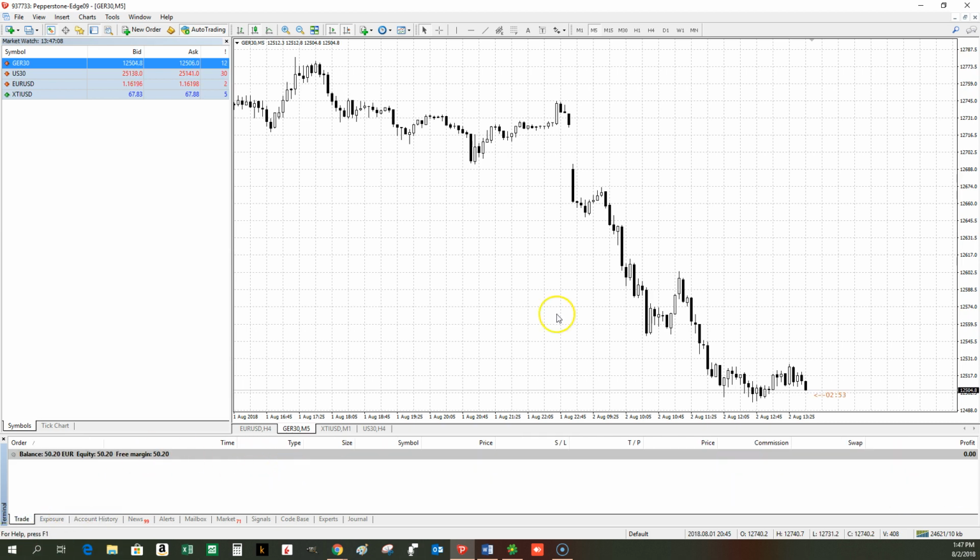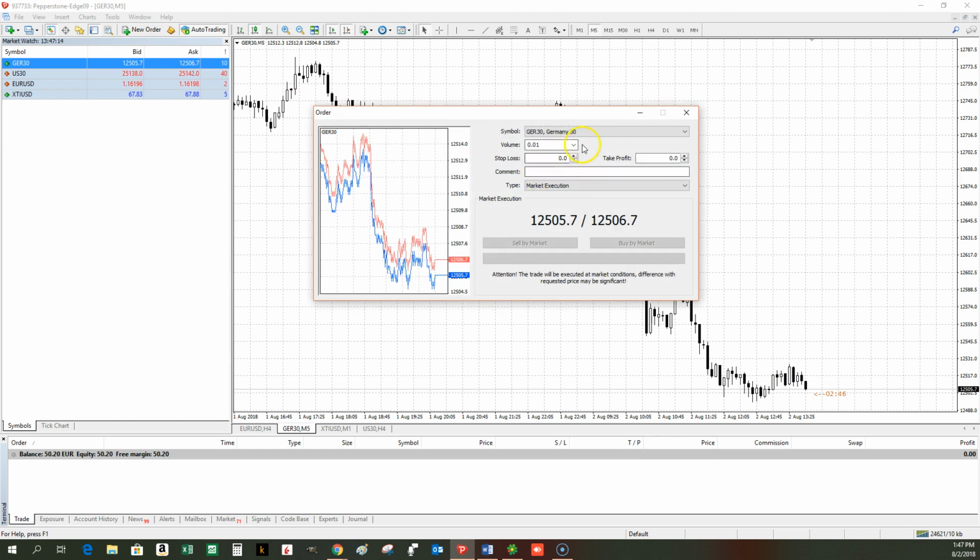So let's go back to the Germany and let's sell the Germany. So then you're gonna say, you're selling above the support. I really don't care. Why? Because I'm doing an average down strategy. So I know that if it's going back up against me, I'm gonna sell on the top a little bit higher and get back my money.